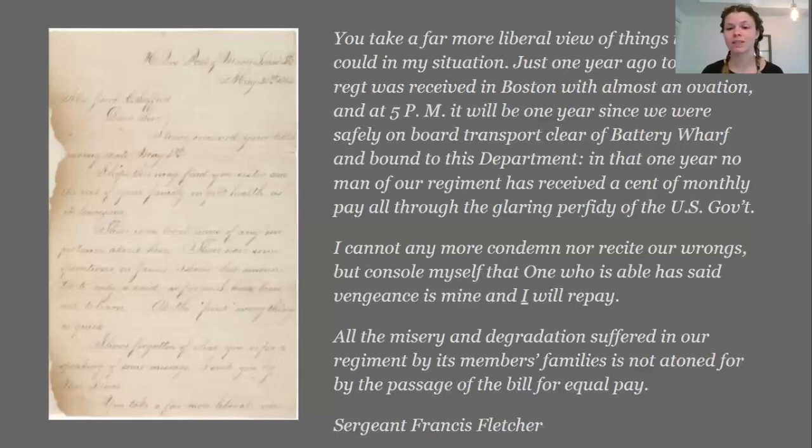And just by passing this bill that will be passed just a few weeks actually after he writes this letter to pay Black soldiers the same amount, it doesn't atone, meaning it doesn't make up for all of the injustice that happened prior to. Okay,